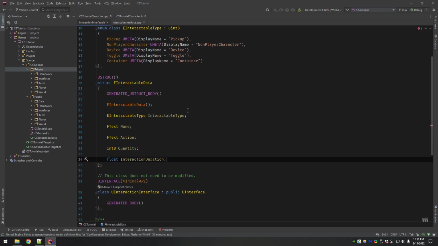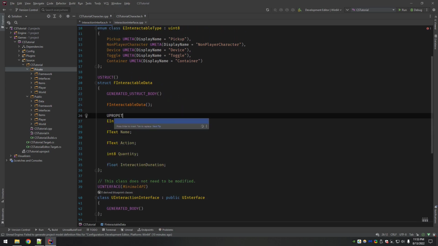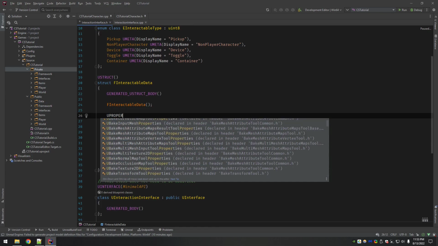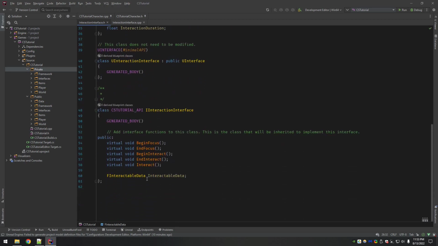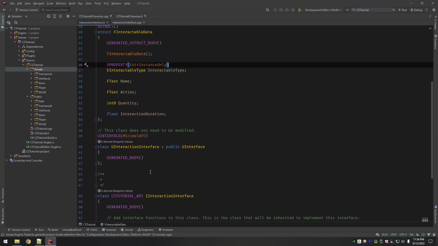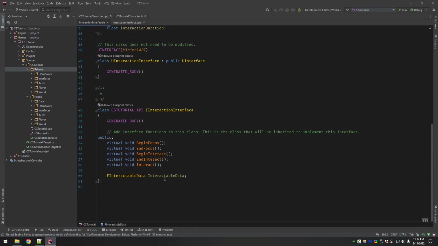Okay, and so let's make these UPROPERTYs. Now, this is defining what the struct is, right? And then we have one that travels along with the interface, but we're not going to be editing this one directly. What we're going to do is create another one on like a device class or something, or a pickup.